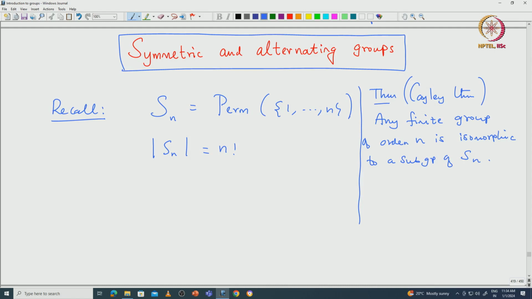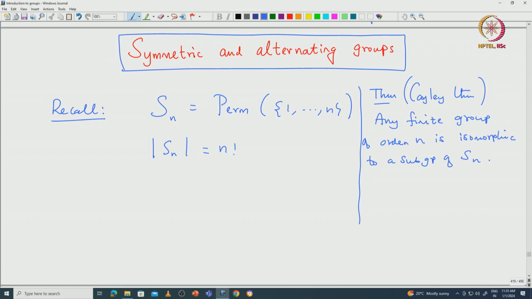Understanding the symmetric group and its subgroups amounts, from Cayley's theorem, to saying that to understand all finite groups, it is enough to understand all subgroups of Sn. But anyway, the classification problem is not that easy. Classifying all subgroups of Sn is not an easy problem. So let us now work with the symmetric group and try to prove some of its basic properties.